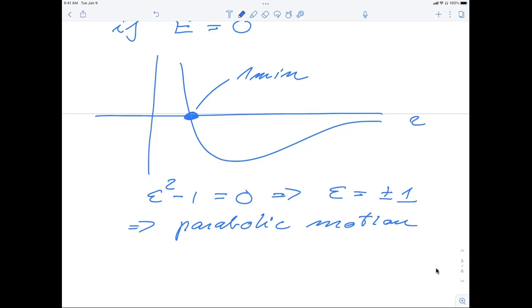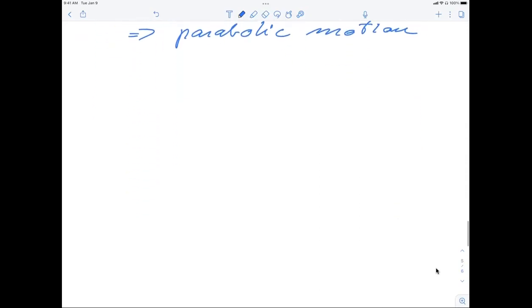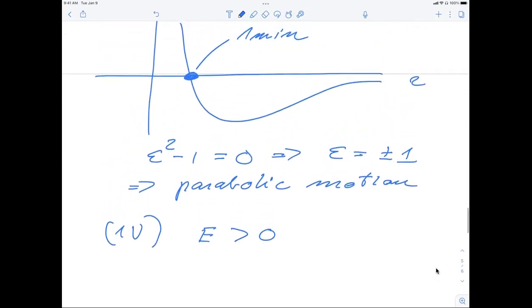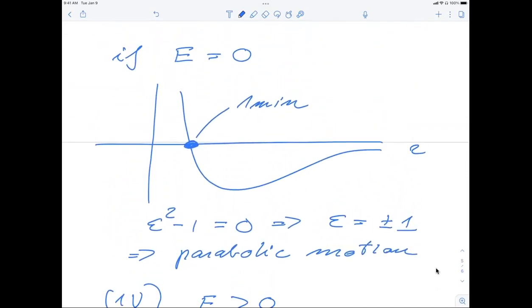Okay, so what about the final case? One of the cases which we haven't looked at yet is the final one here, when E is larger than 0. So if we now look at that one on the graph here, this would correspond to a position where we are here. So you could now think of a comet getting close to the sun or to the Earth, and then it reaches a minimal distance, and then it gets deflected again, and then it just leaves. So if we now take this R min,